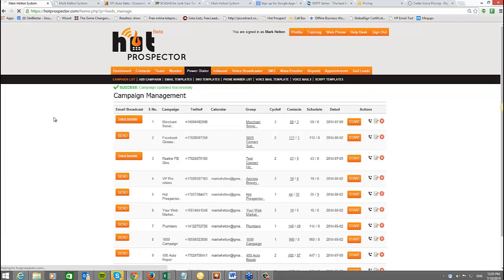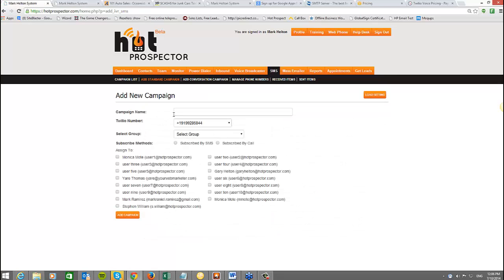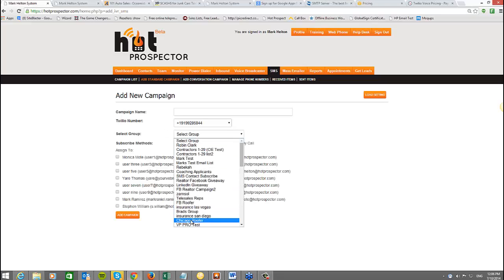So if you go in here to the SMS and you're creating a campaign, then you'll see that it does actually ask for what you want the double opt-in to be. So watch. I'll just click on Add Standard Campaign. Okay, there we go. So I type in my campaign name. Everything here is just simple, like fill out a form. So I type in my campaign name. I select my phone number, select the group that I want my contacts to be added to,